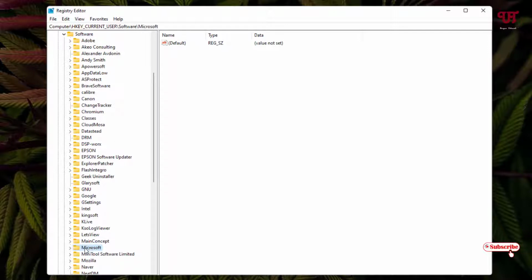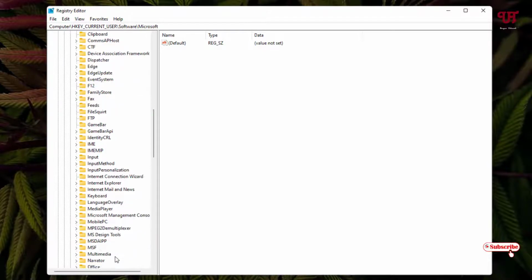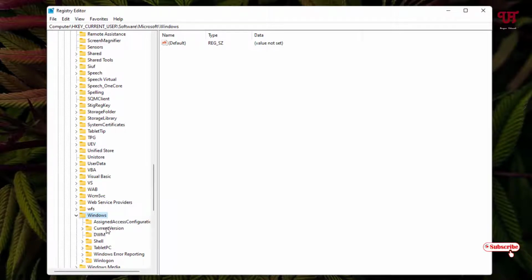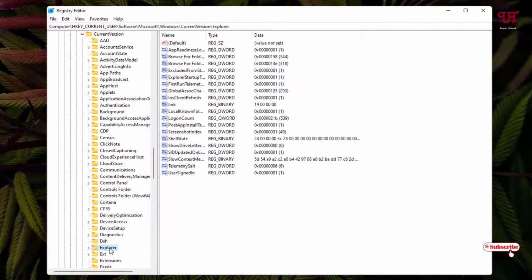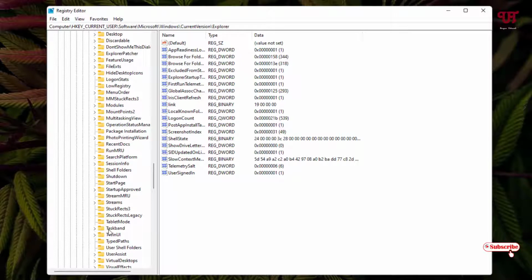Just select it and once again click on the left arrow icon, and now scroll down below and select the Windows folder and once again click on the left arrow icon and select the folder CurrentVersion and once again click on the left arrow icon, and now select the folder Explorer and once again click on the left arrow icon and scroll down below,